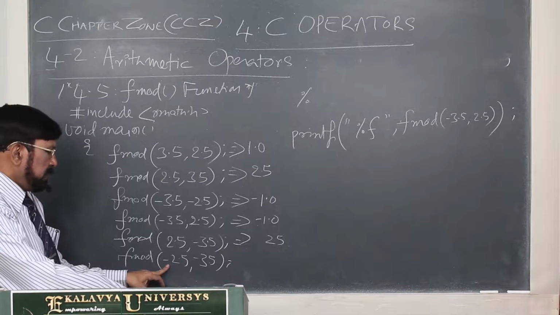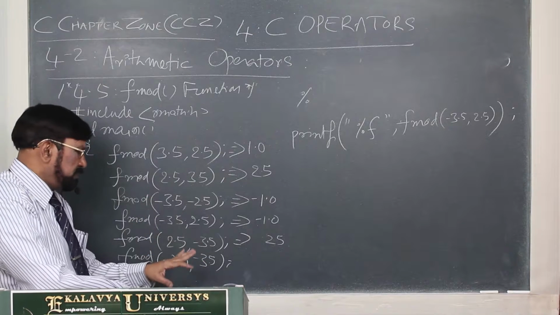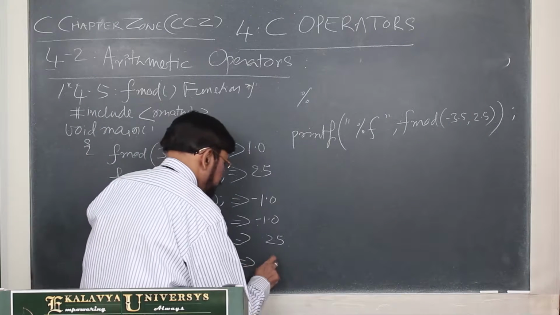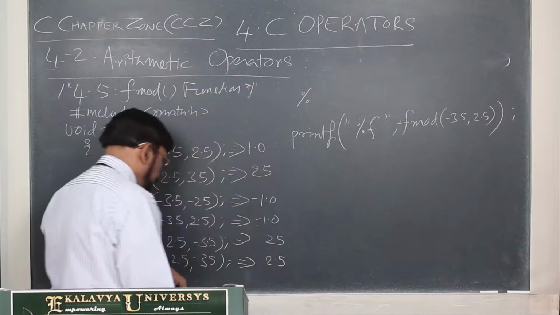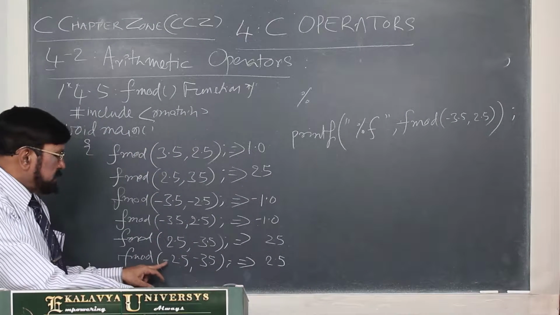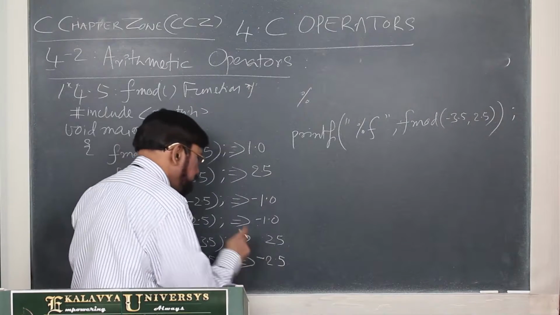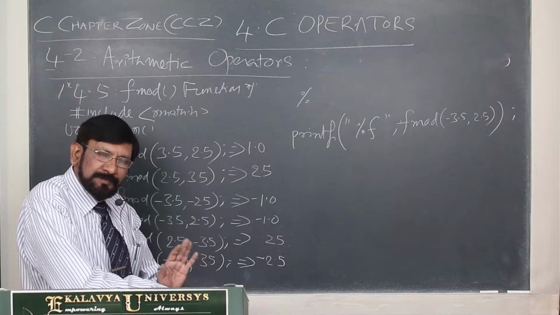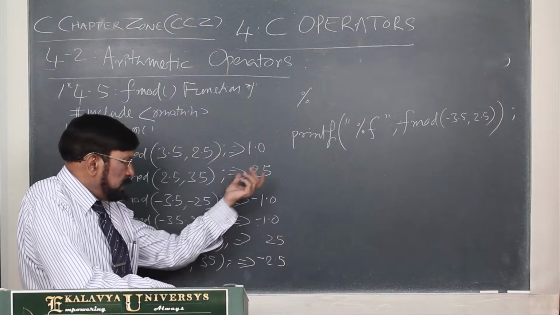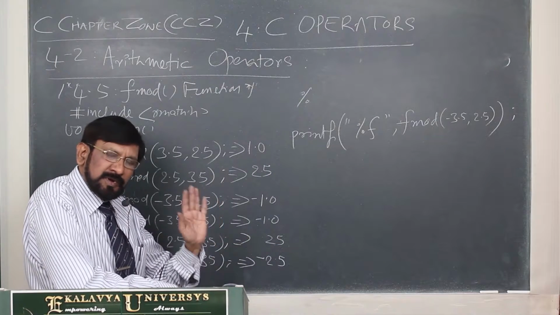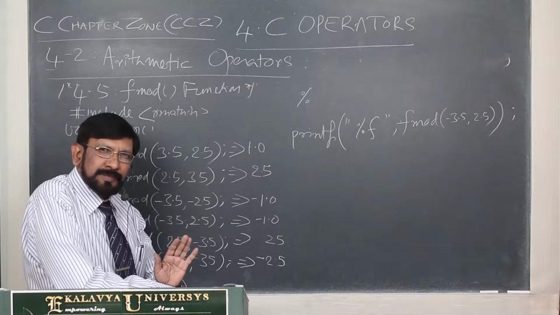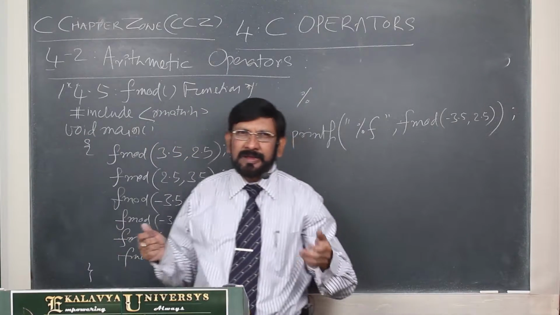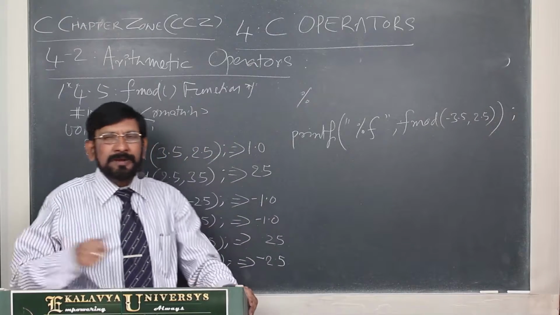Here again, minus 2.5 and minus 3.5. Take absolute values, this is lesser, so the result is 2.5. And what is the sign? The sign of the numerator will be the sign of the result. In this manner you understand that. You understand? Sometimes if you take the help of thumb rules, it is always safe. Always safe. And once you are thorough with this principle, the thumb rules may not be required.